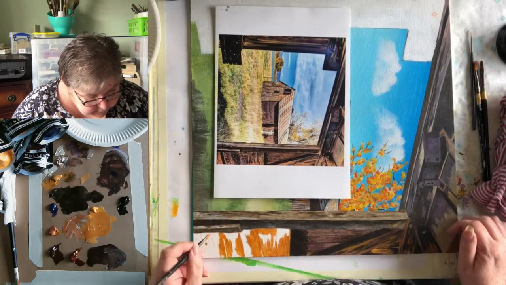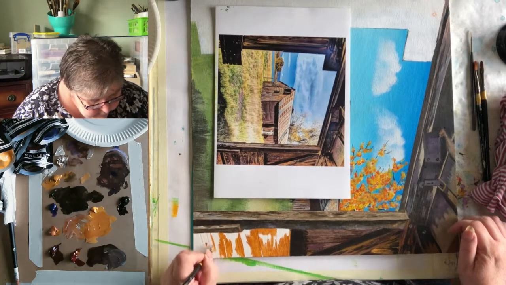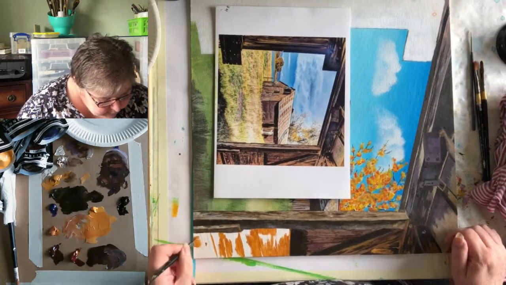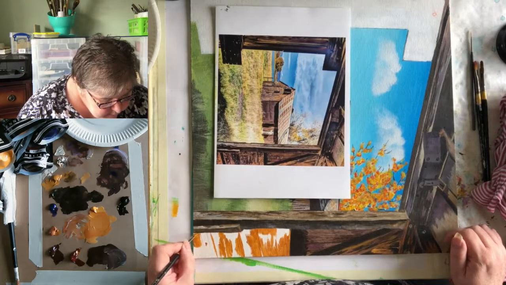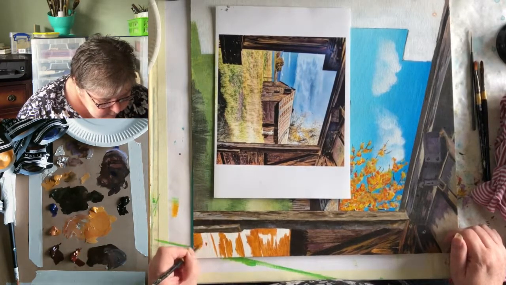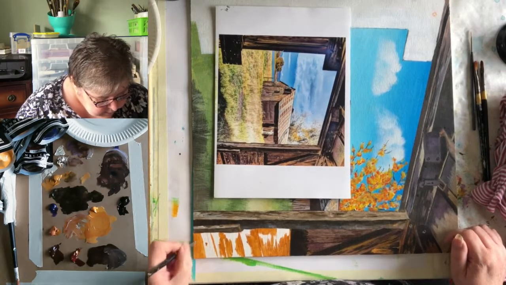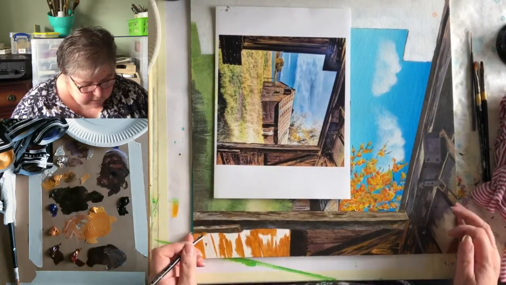Just leaving that line there just for me, so I can see where one plank ends and another begins. This one at the bottom is pretty much all this colour, this mixture. Okay, that's great. Right, so